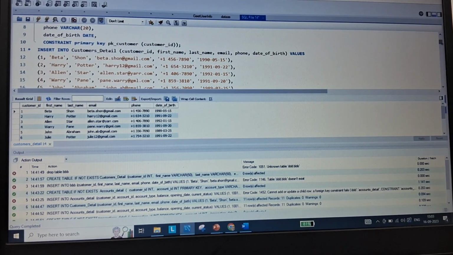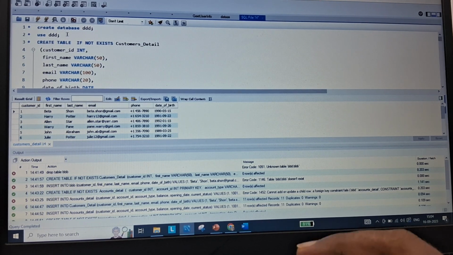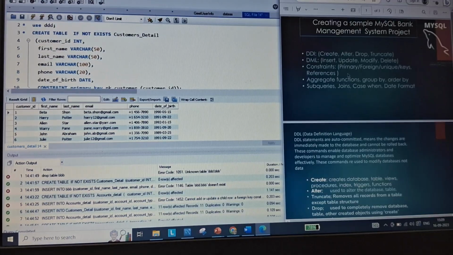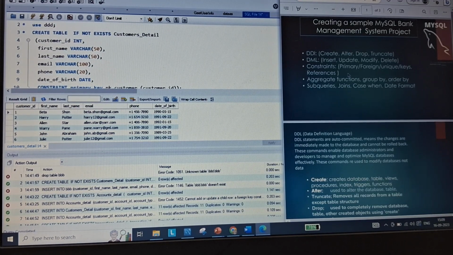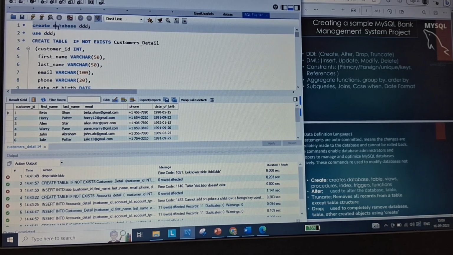Okay, so let's start with the create statement. Before making anything, let's create our database.